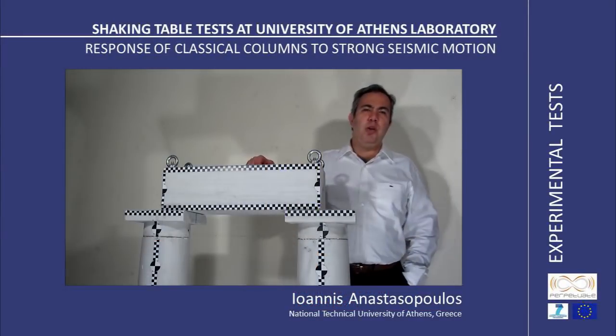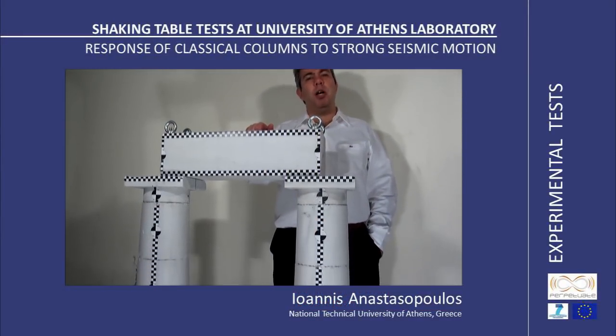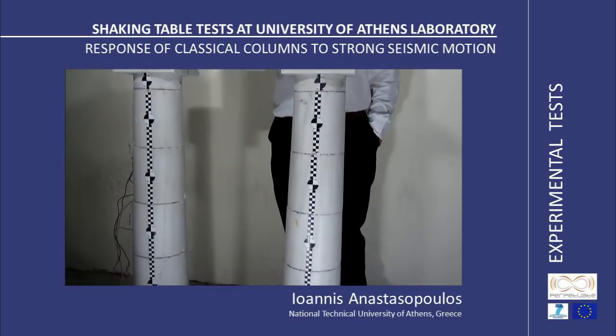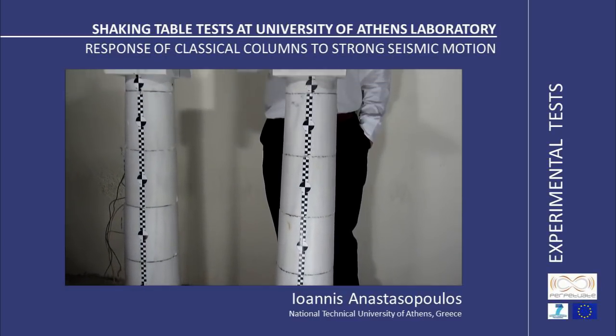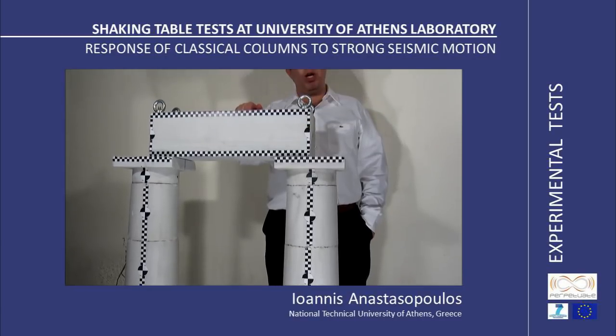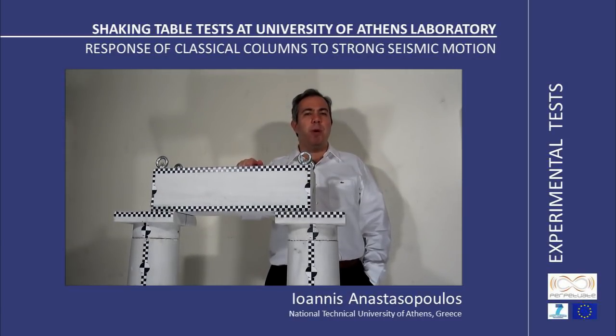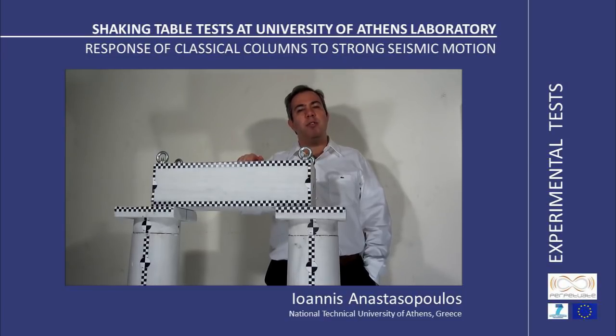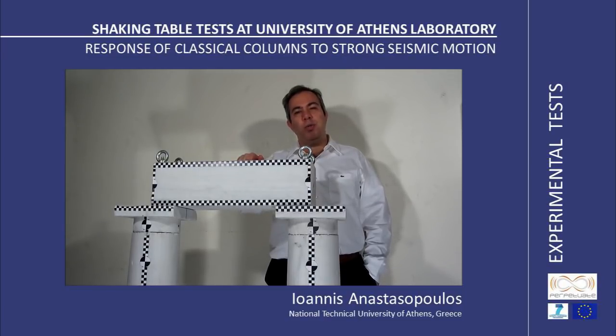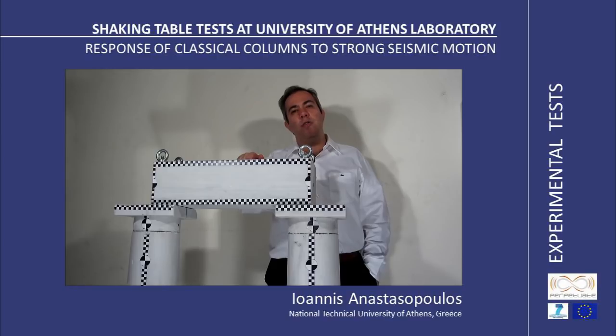And this is the actual model we used in the shaking table tests. As you can see, it is composed of two multi-drum columns at a scale of 1 to 5, and on top there is an epistyle. What we actually did is that we took pieces of marble from the very same place the ancient Greeks did, to construct this model. The model was subjected to a variety of seismic shaking scenarios using real seismic records from Greece and also abroad.